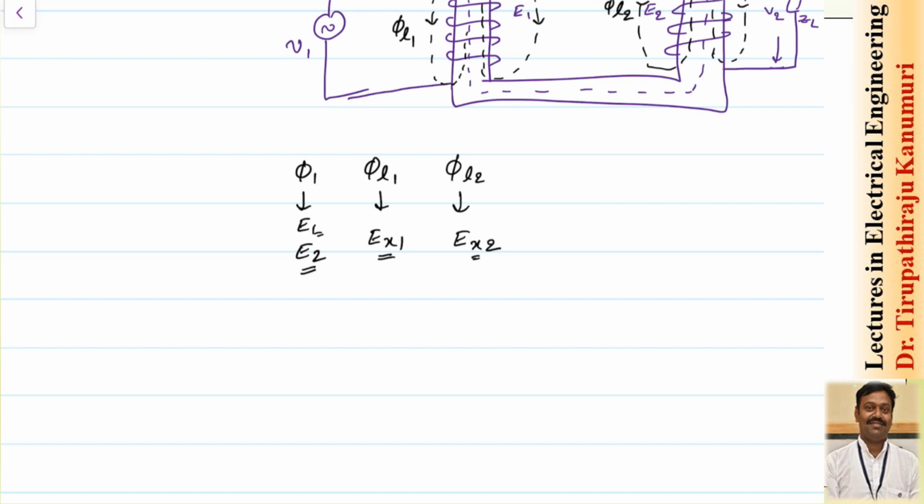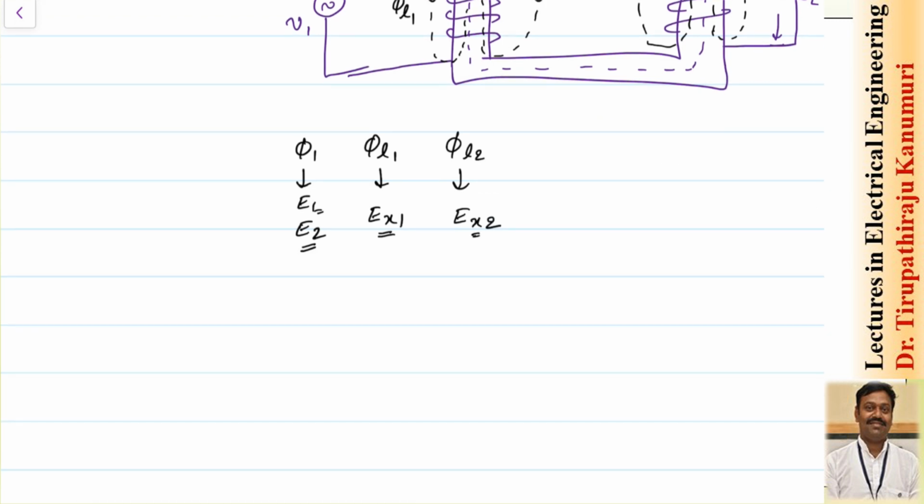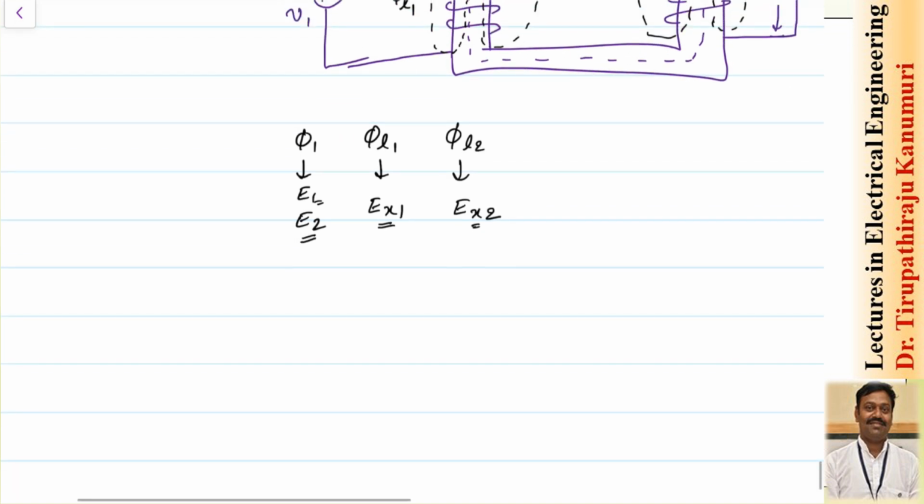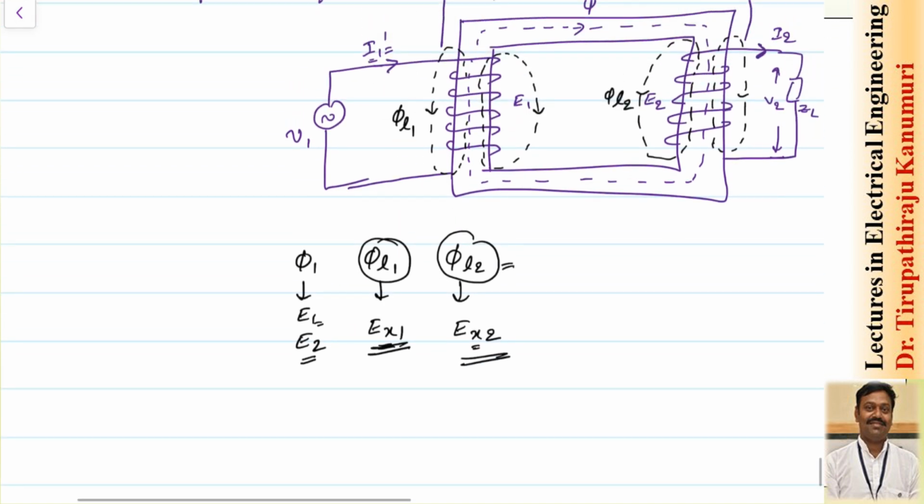So I can represent it, since it is due to the leakage flux or related to the flux, in the form of a reactance. I hope you understand this one. So now what is happening, because of this leakage flux some additional voltage is induced in the respective windings, and this flux is not useful in transferring the power from